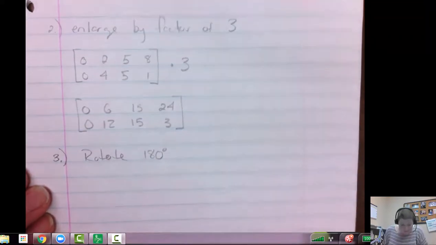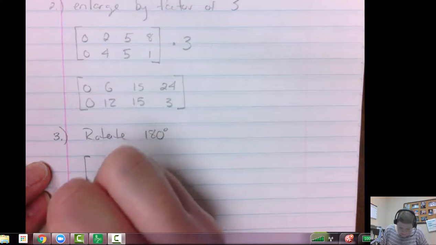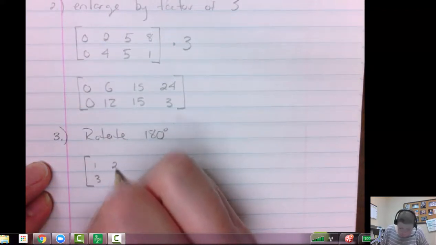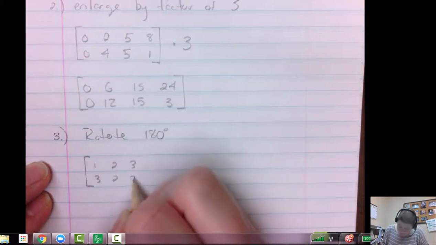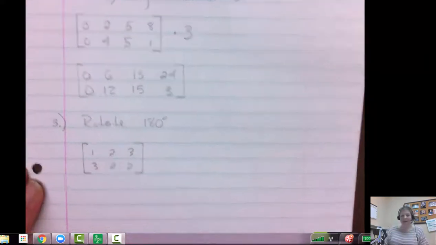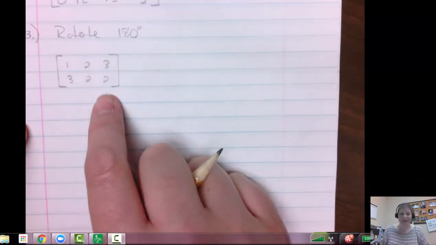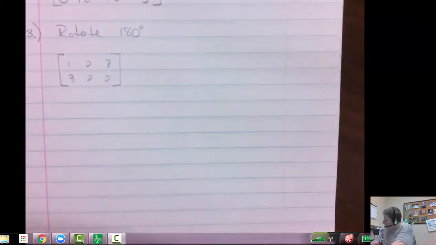180 degrees. And here is my original. I have a one that's 1, 3, 2. It's just a triangle, so it has 3 points. And I want to rotate it 180 degrees. Well, what did I do? Well, I have to multiply that by the